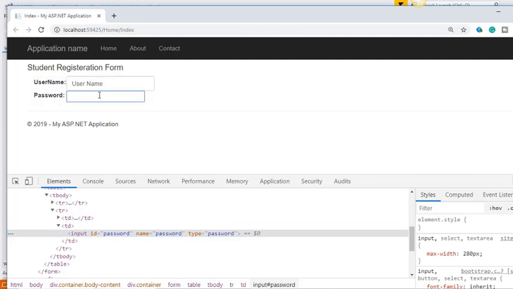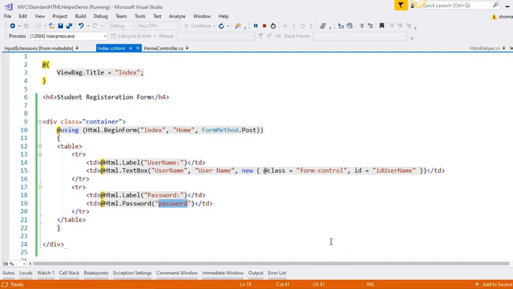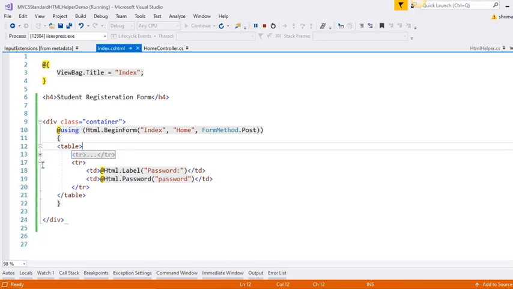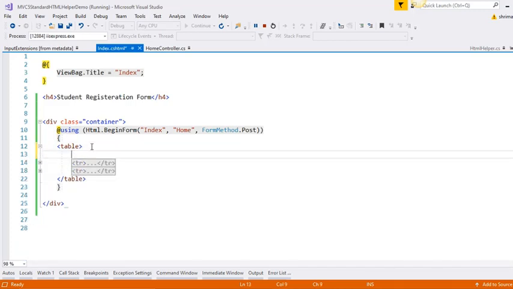If you type anything, it should not be visible to the user, right? So to display in some proper format, what we can do,